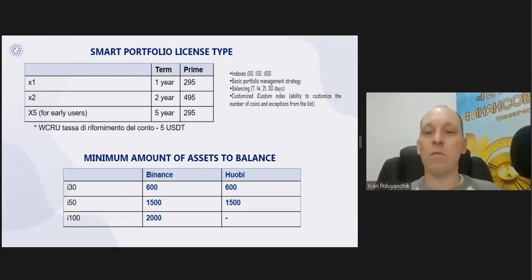Another option is for 2 years. Why? Because the crypto market works better when it is long-term investment. This is a long-term instrument, investment in instrument. We don't know whether over a year the price will go up or down, but over 2 years there is a likelihood that it will be much higher. Maybe we will add a license for 3–4 years, and for early users, those who last year bought this product